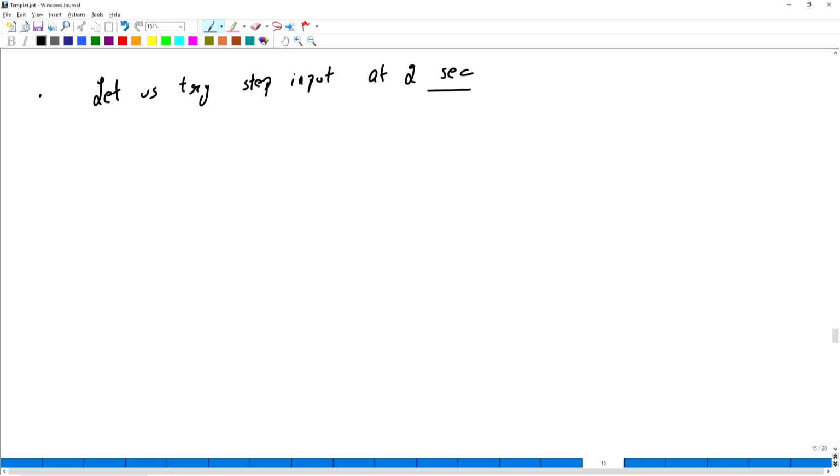Let us consider this as the first case. The step input here will be something like this. So this is 2 seconds and the force is the same, that is 5 kg force. And the second case will be the impulse input.